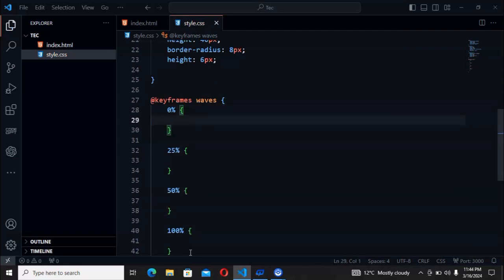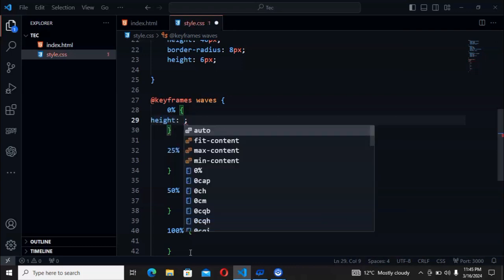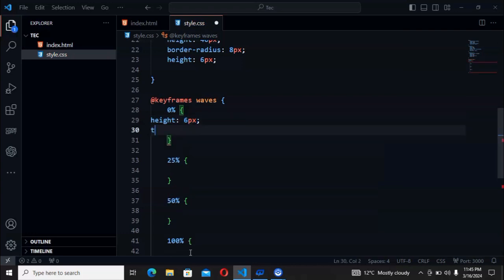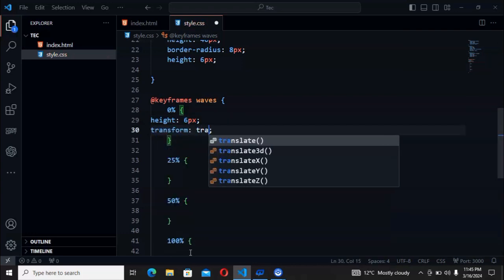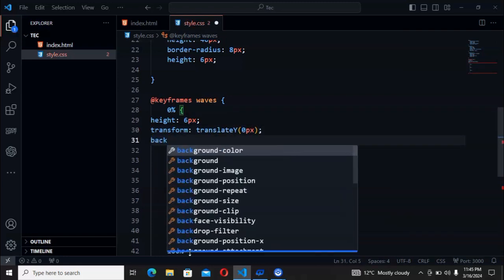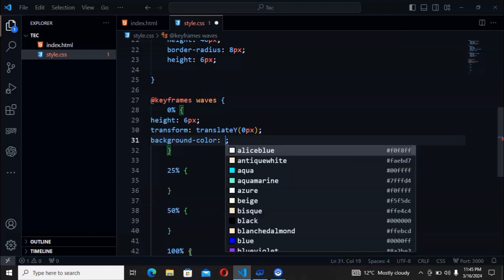Now inside the 0% height will be 6 pixels and the transform will be translateY 0 pixels also, and the background color will be